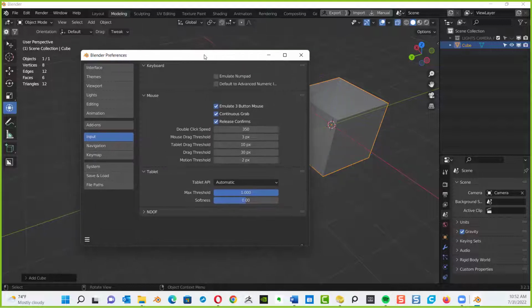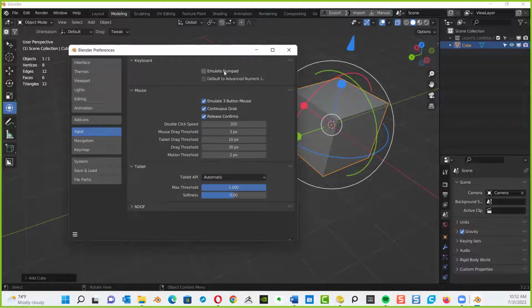Now, we all should have full keyboards with a numeric pad on the right-hand side. If for some reason you do not, say you have a laptop that just doesn't have a numeric keyboard, all your numbers at the top, Blender has shortcuts that are optimized for a three button mouse with a scroll wheel and a full keyboard. In the event you do not have a full keyboard, I find it advantageous to select Emulate Numpad. And you only need to check the Emulate Numpad if you do not have a full keyboard. If you have a full keyboard, leave it unchecked.